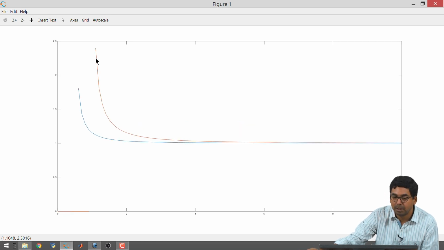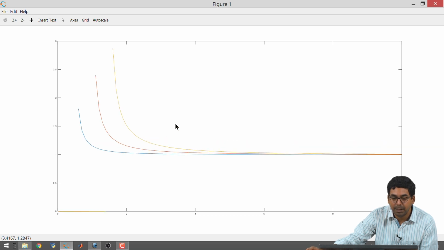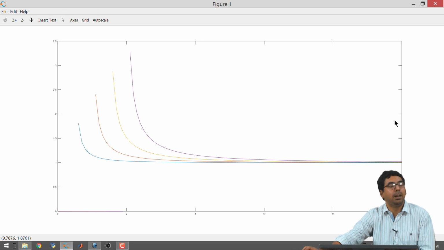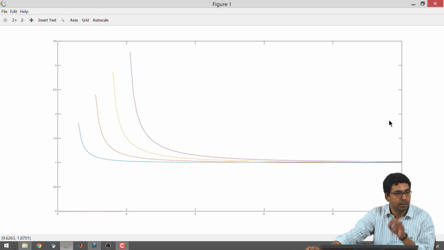So, this red plot has come in new, alright. It shifted to the right and it has some characteristics like this, alright. So, here also I notice that asymptotically it arrives at the velocity of the homogeneous medium, and it starts at infinity, m equal to 3, m equal to 4. So, it looks like as I keep on increasing the modes, right, the plot is going to start towards the right, and it is always going to go towards asymptotically arriving at that particular medium's homogeneous velocity, right.